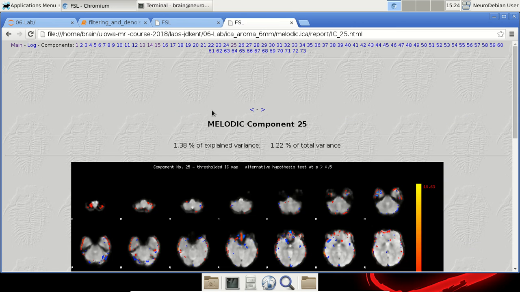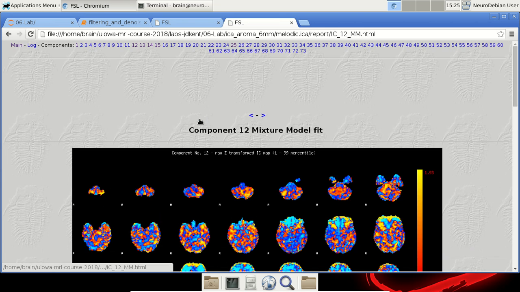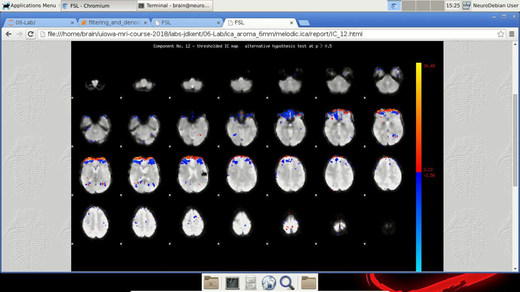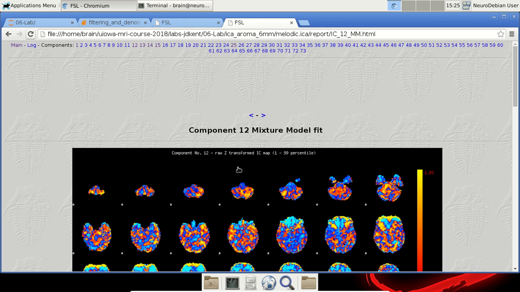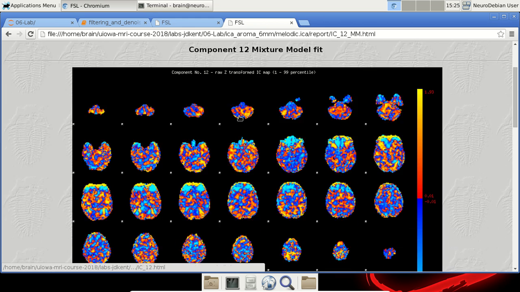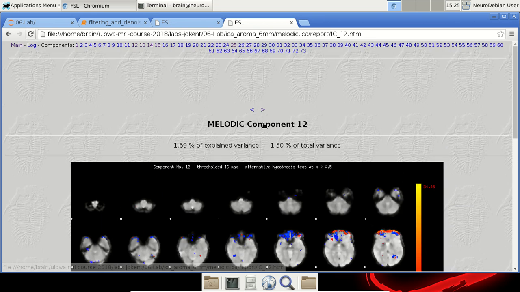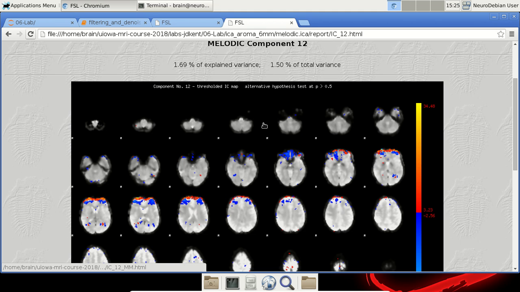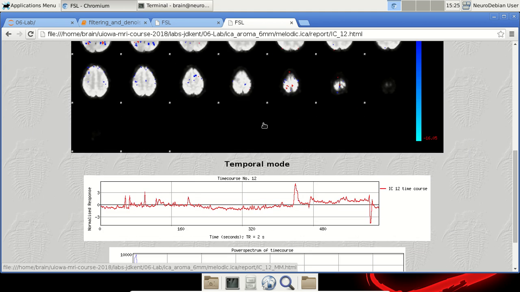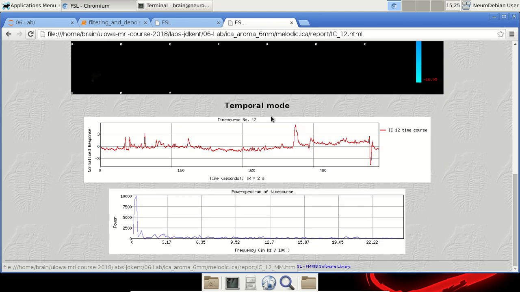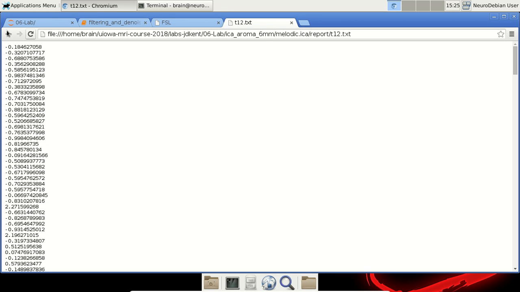And look at all the components in here. So again, we can click around, and if you click on the images, it'll change it to mixture model fit. Okay. And no, I don't have a great explanation on how those are different right now. But if I do come up with one,